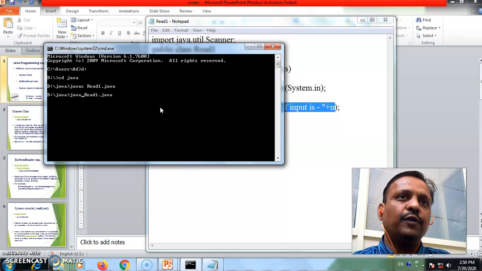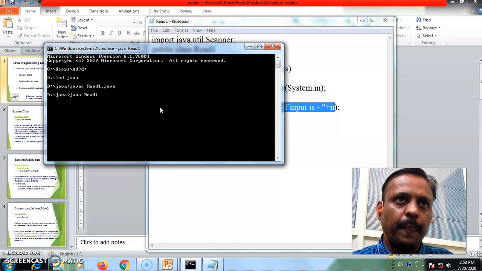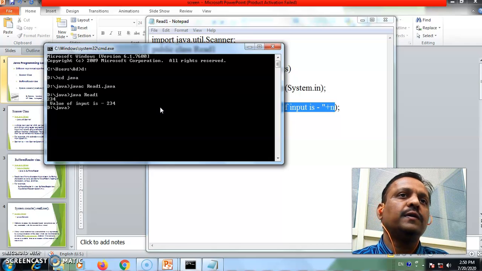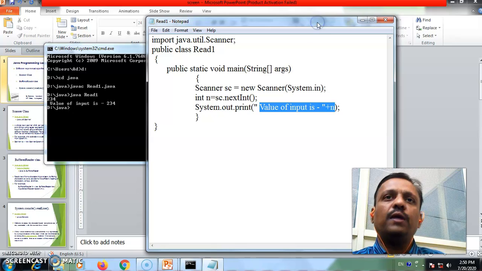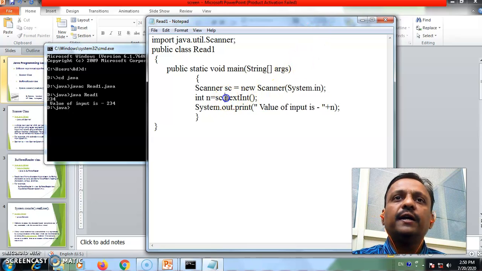Now you have to execute it using java Read1. So you have to take the input 1, 2, 3, 4. So value of input is 2, 3, 4. Value of input is 2, 3, 4.